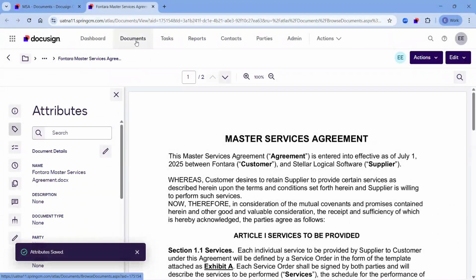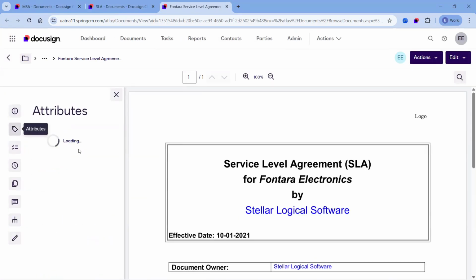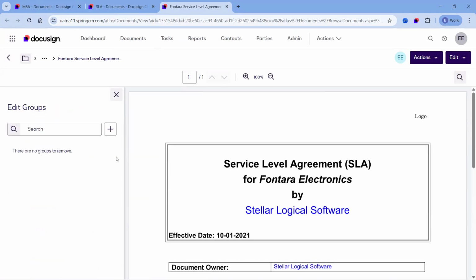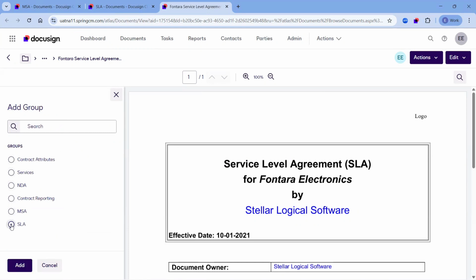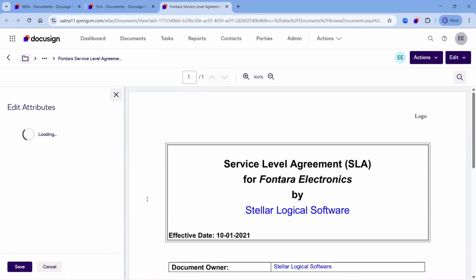So I'll now go to the other document, the SLA, and repeat the same operation, this time applying the SLA attribute group. And save.